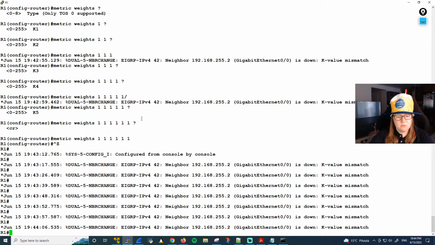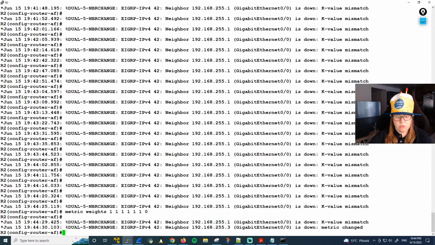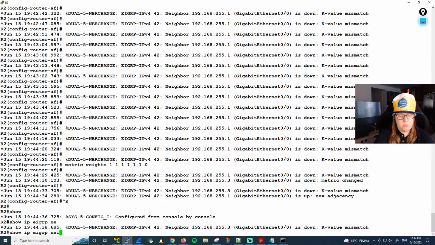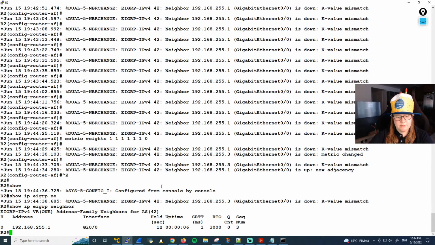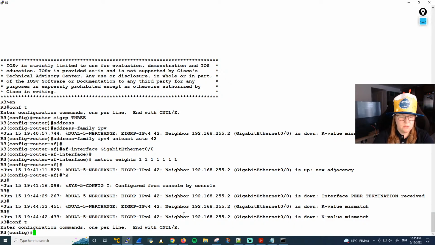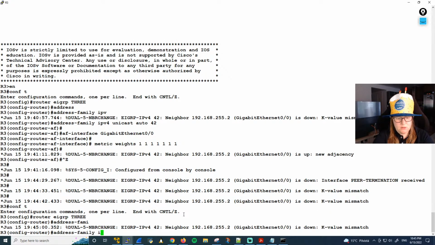Wow. So I guess the way we would have to fix it is change that to 0. So now R3 is going to go down and hopefully R1 will come up. Show IP Eigrp neighbor. Yes. So now we need to fix this on R3 as well. Eigrp 3, address family, IPv4,